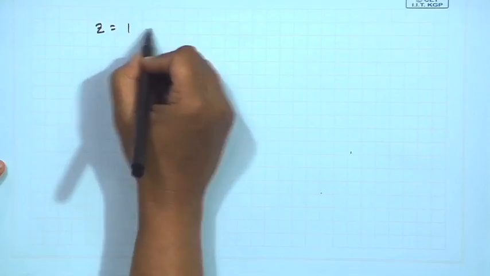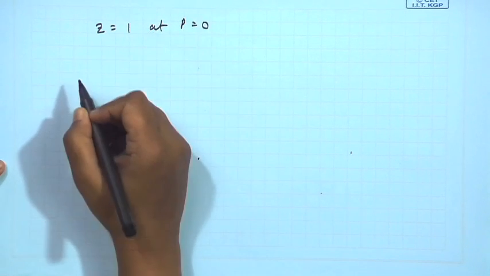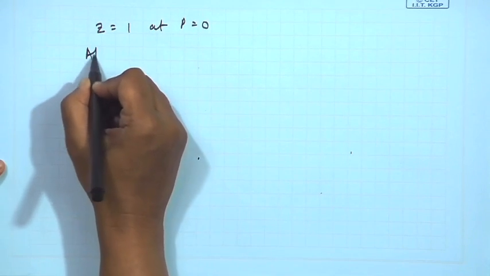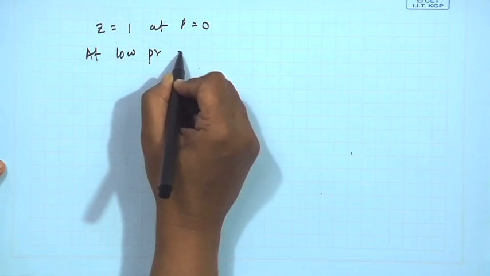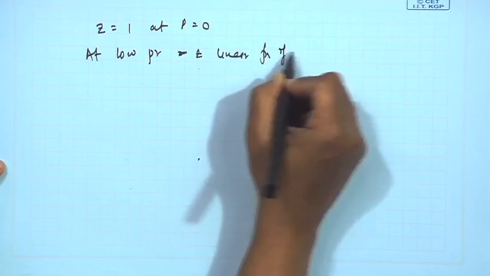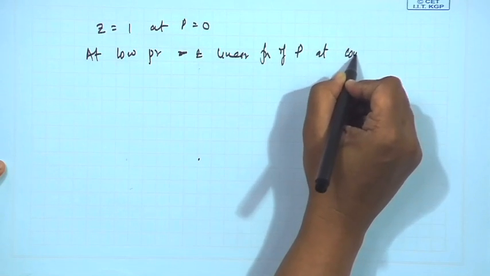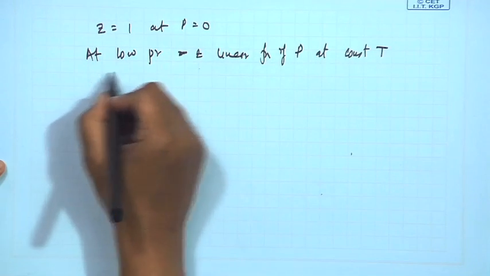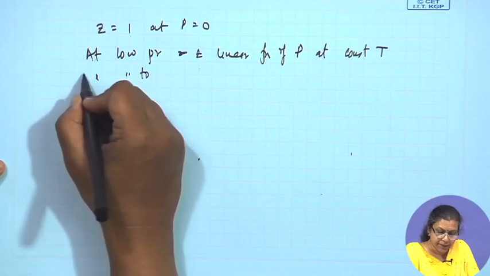So, we know that Z equals 1 at P equals 0. We also know that at low pressure Z is a linear function of P at constant T, right. So, for low to moderate pressures,